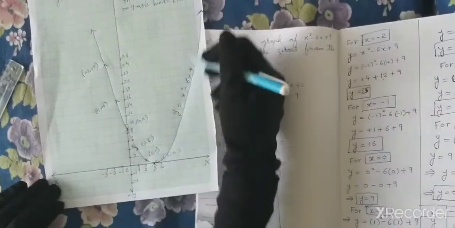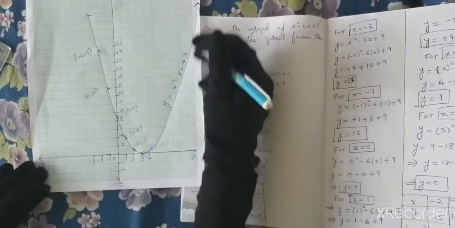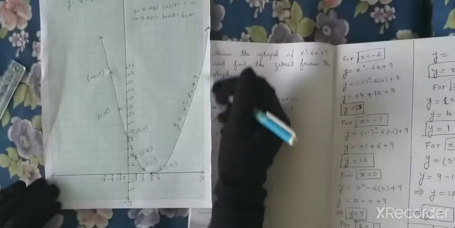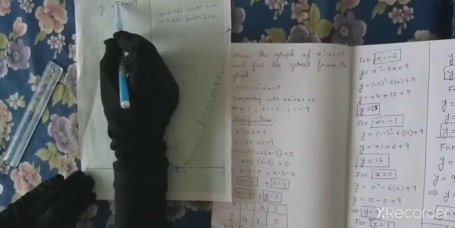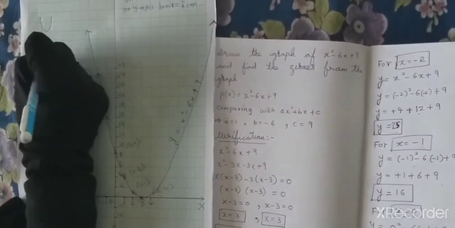So what did we get? Which shape we got? We got the shape is parabola. This shape is known as parabola, or it is also called as open U-shaped curve because it is in the shape of U. Okay, so always in any quadratic equation whose degree is 2, you should get the graph as a parabola. It can be upwards or it can be downwards also. But here we got upwards.